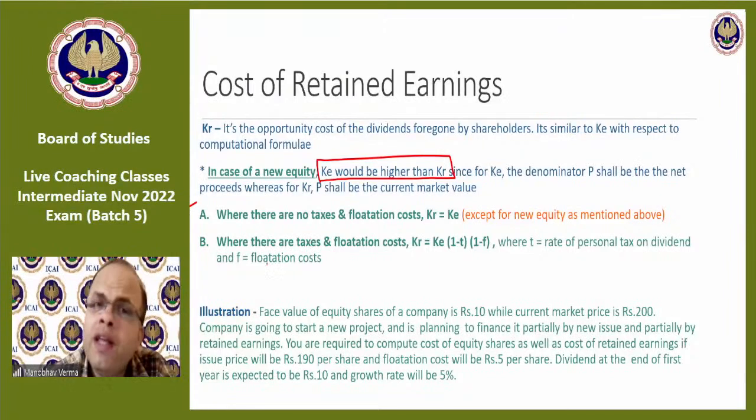But if there are taxes, mind you, and flotation costs, then cost of retained earnings is cost of equity multiplied by 1 minus T and 1 minus F. Now, let me talk about this formula here. The 1 minus F portion is more with respect to the flotation cost, because at the end of the day,